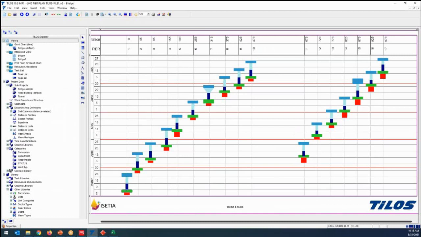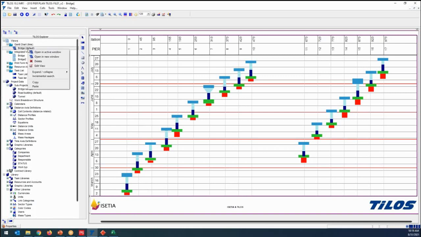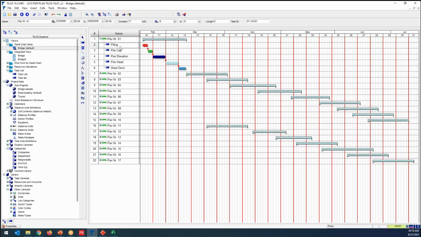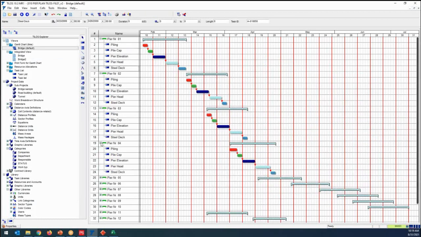And as I mentioned, Tilos has a bit of a specific interface because if you are working on infrastructure projects, we all the time recommend Tilos as a scheduling application, which gives you a great interface to have Pier 1, Pier 2, Pier 4, and you can see that these are the pier activities, by the way. Tilos also provides Gantt charts, and if you open in the Gantt chart mode, you can see this is Pier 1: piling, pile cap, pier elevation, and steel activities in Tilos, coming with the Gantt.